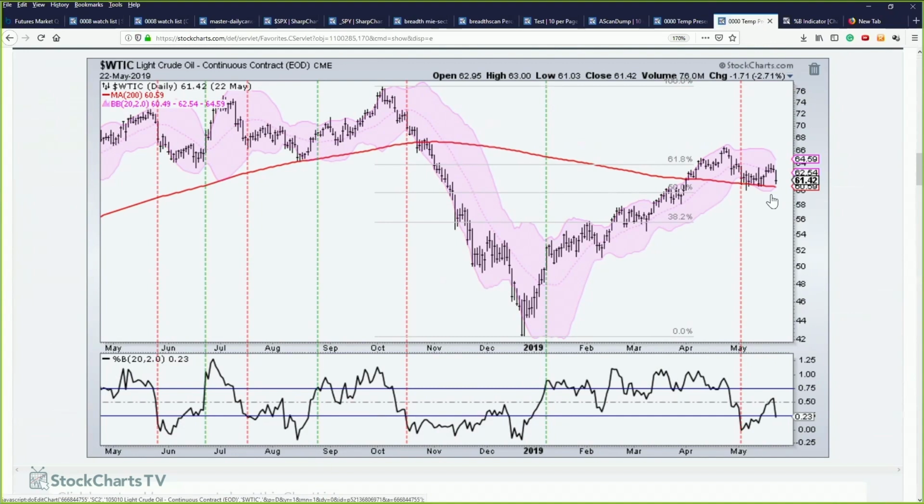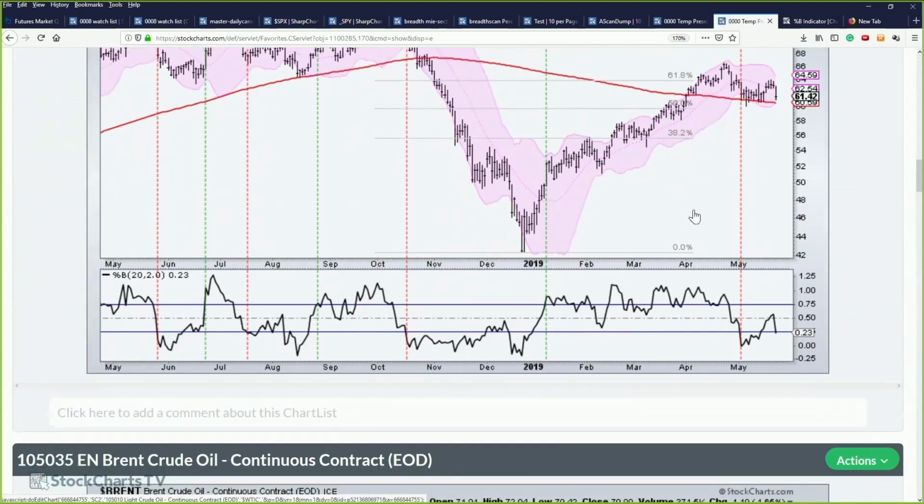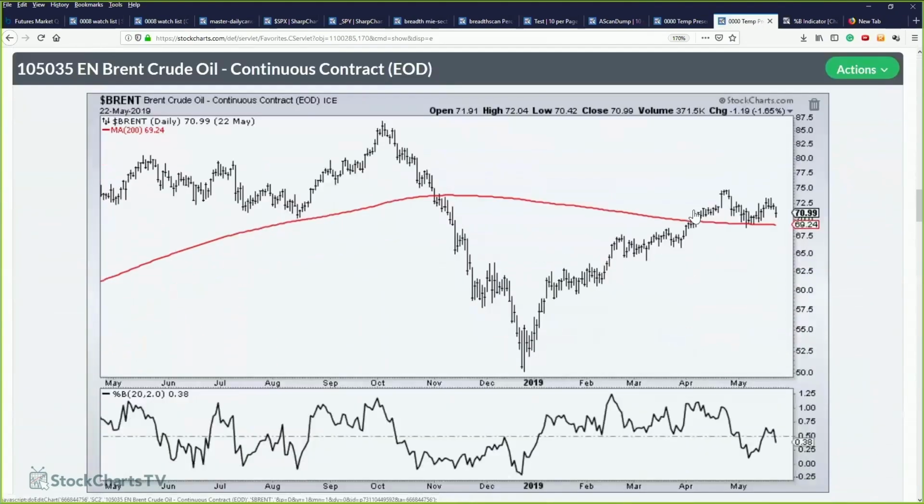So a lower high, a reversal near the 2/3 retracement, below the falling 200-day, and %B plunging below 0.25 with an outsized move to the downside. Oil is bearish. So I use West Texas Intermediate for the long term, and I'll look at USO for the